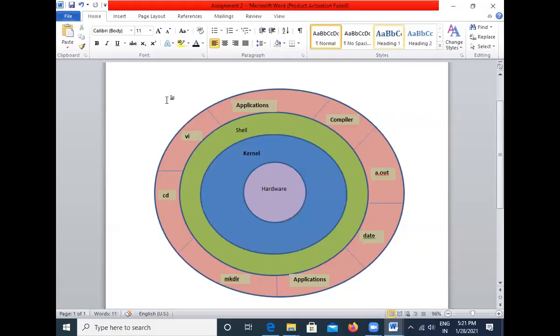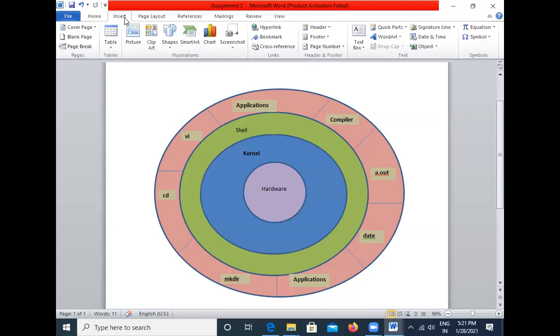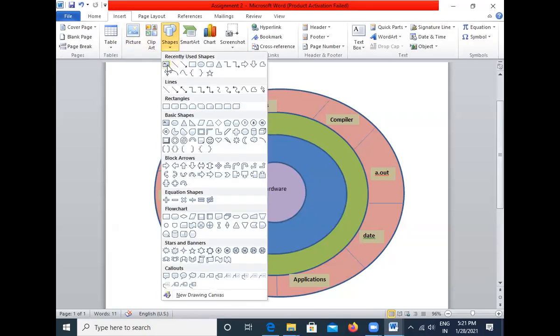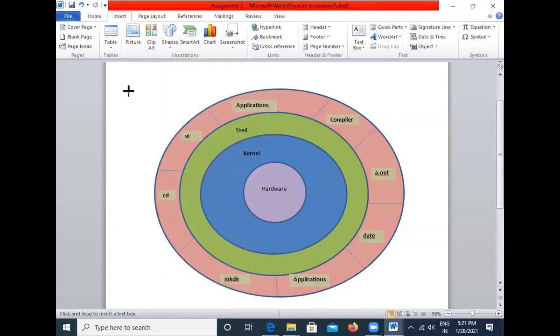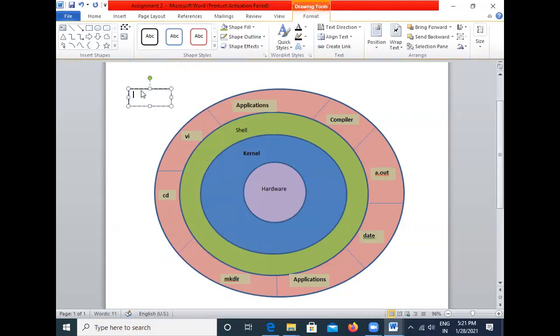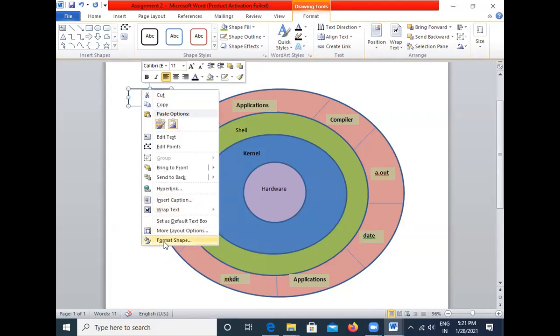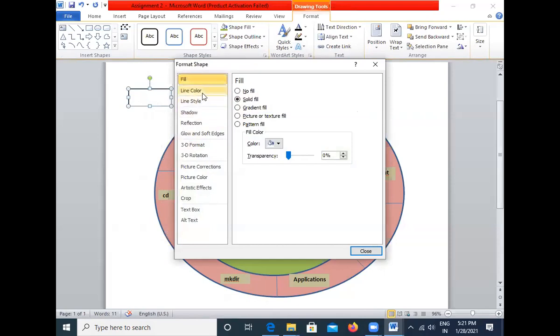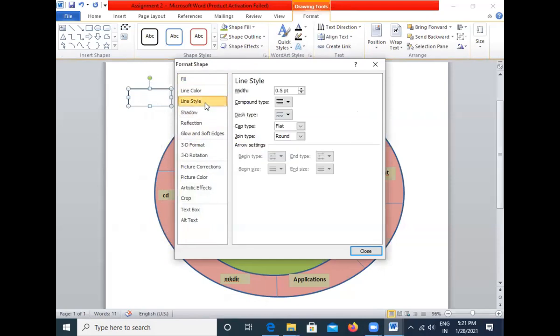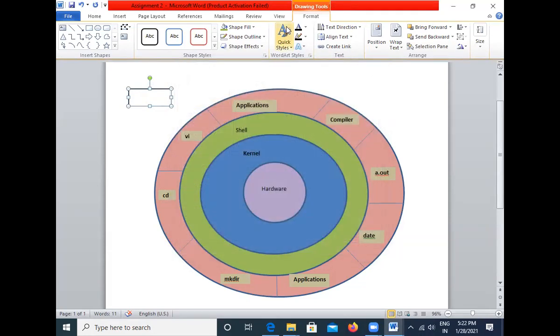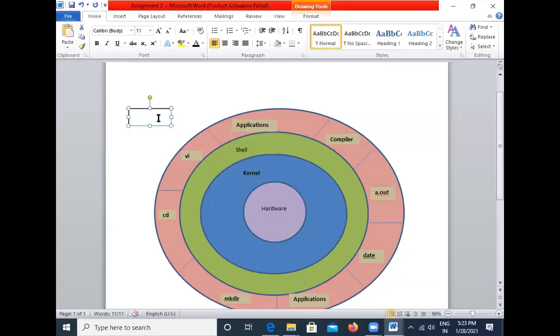now we want to display the users. For that again I will use the shapes and we can use the text box. And now I will change the style of this text box. For that I will right click, select this text box, then format shape, and line style you can select, or you can select the text boxes and say user 1,